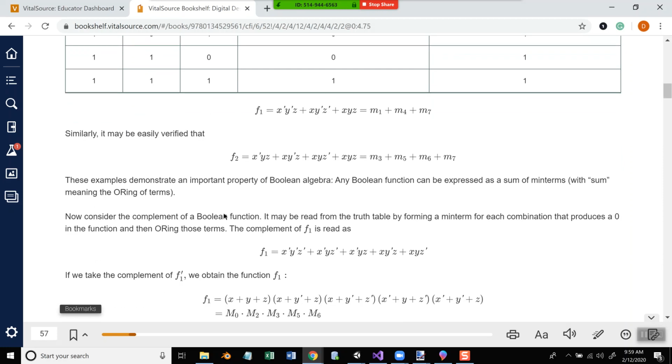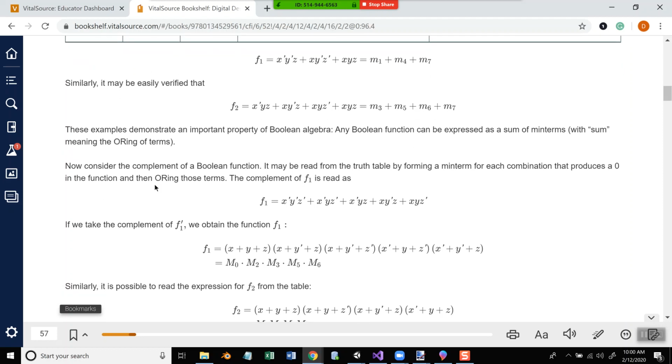Okay. These examples demonstrate an important property of Boolean algebra. Any Boolean function can be expressed as a sum of min terms, with the sum meaning the ORing of the terms. We're going to see that there's something similar with the max terms. Okay. And I consider the complement of the Boolean function to be read from the truth table by forming a min term for each combination that produces a 0 in the function, and then ORing those. So the complement of F1 is read as